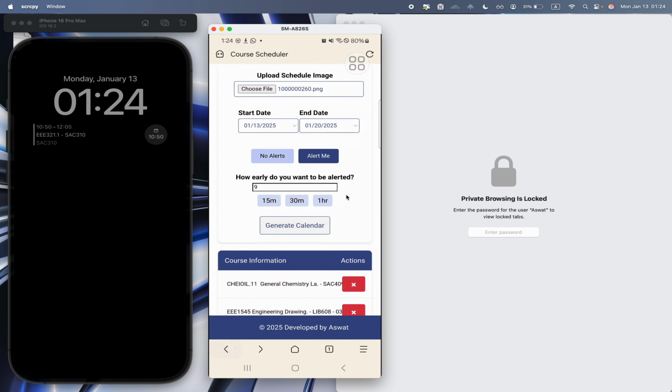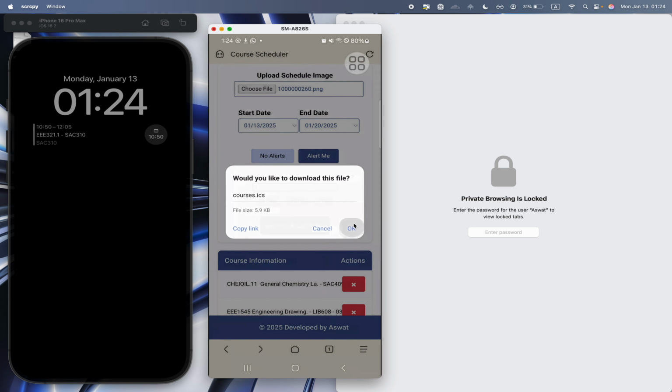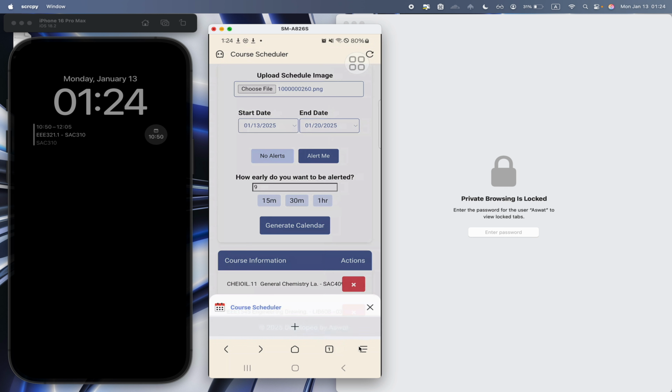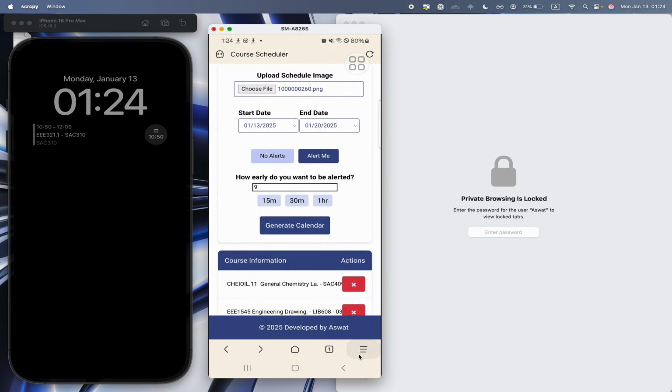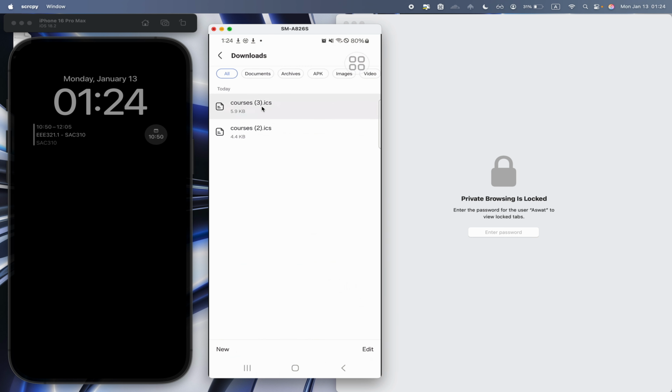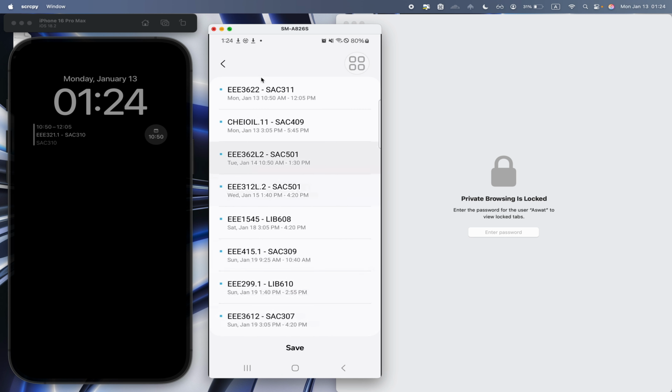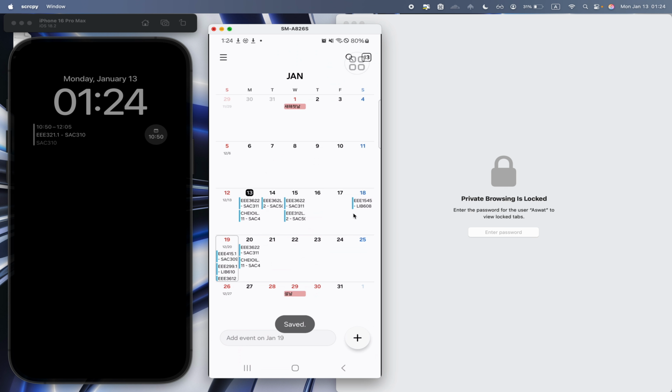I just refreshed. So let's just click on generate calendar. So the ICS file has been downloaded, and so let's add it to our calendar now. Let's open the file. So all the courses have been recognized by the calendar, and now we're gonna save it. So it has been saved to the calendar,